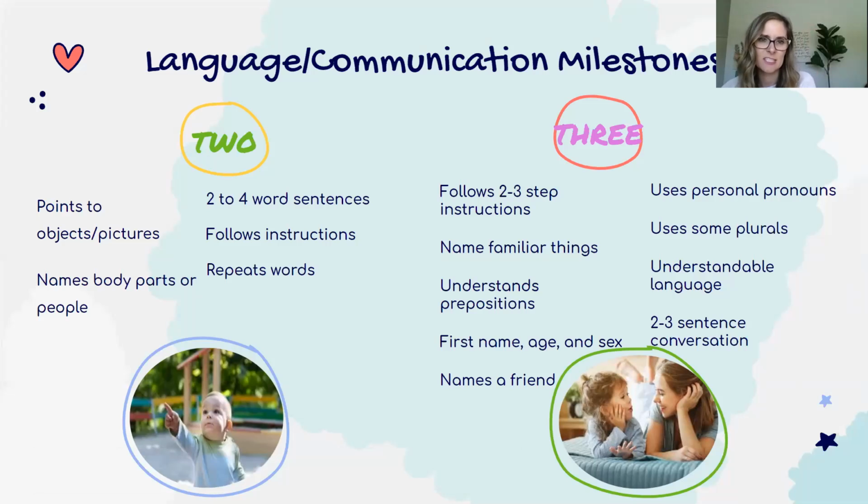They can say 2 to 4 word sentences. So, where is your jacket? In car could be their answer. Or, oh, what's that? When we go on a bunch of walks, snail on wall. They can follow simple instructions. So that could be put the ball down, or chew your food, or try eating with your spoon.